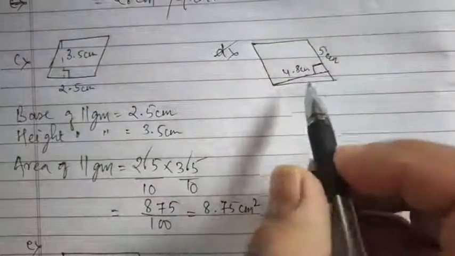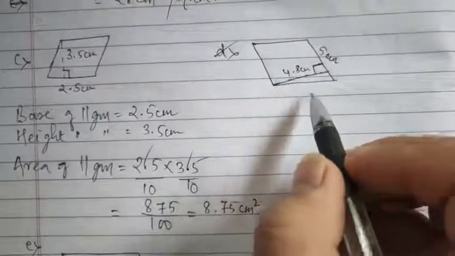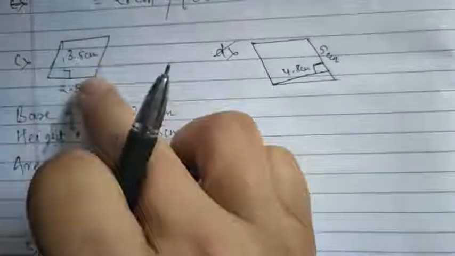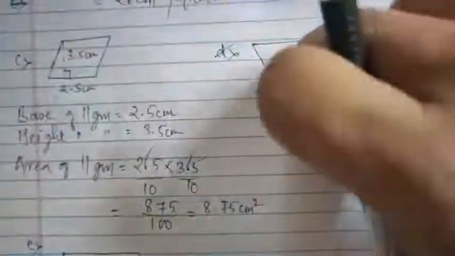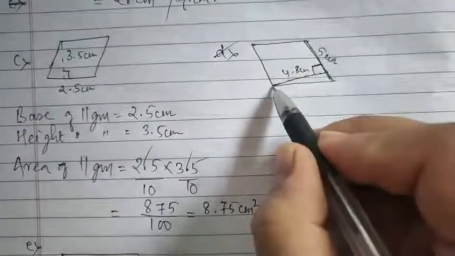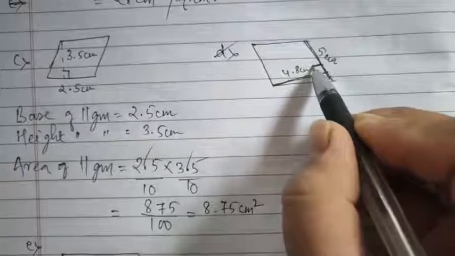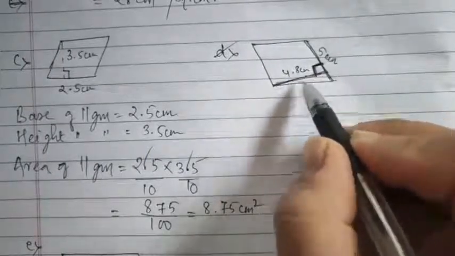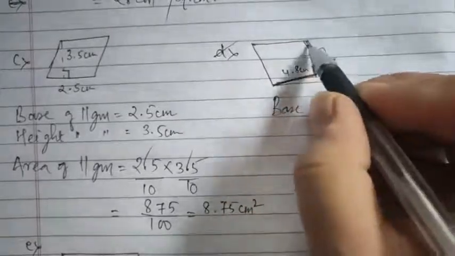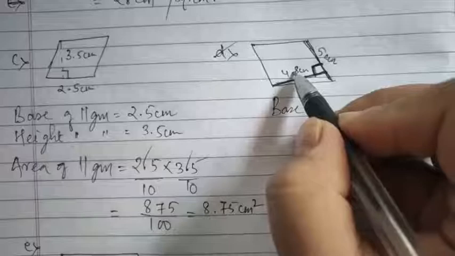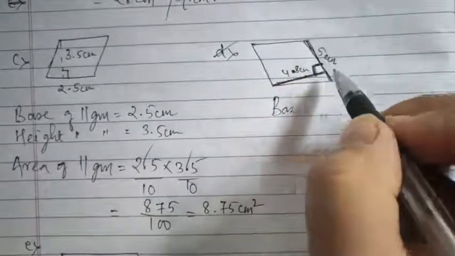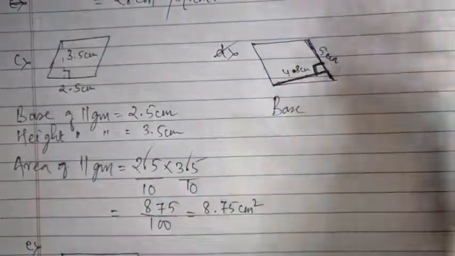So I am solving part D now. Part D is given here. Just see. Now you don't get confused, okay? Just similar to this figure, only the difference is they have rotated this figure and they have made this base here. So don't consider this as a base now. You cannot consider it, because this is a perpendicular sign here. Just see, it is a straight line. Yes, so base is always at the ground level. So this is not at the ground level, right? 4.8 is not at the ground level, so we cannot consider this as base. We have to consider this as a base because it is on the ground level.